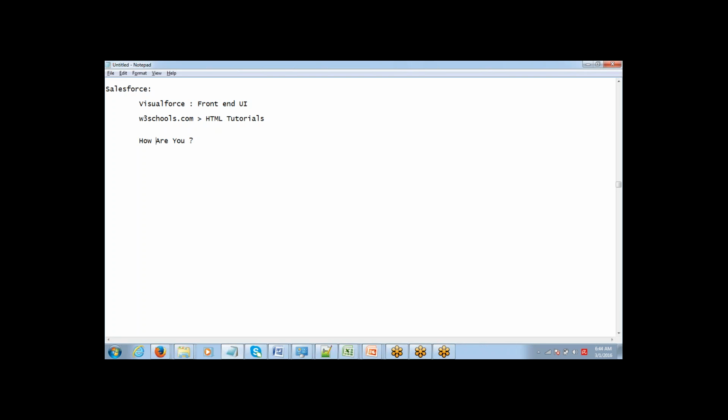There is a tag for making the text bold, there is a tag for making the text italic. So if you want to make it bold, it's like this. If you want to display the same text in italic format, it's like this. If you want to display it in a header format,